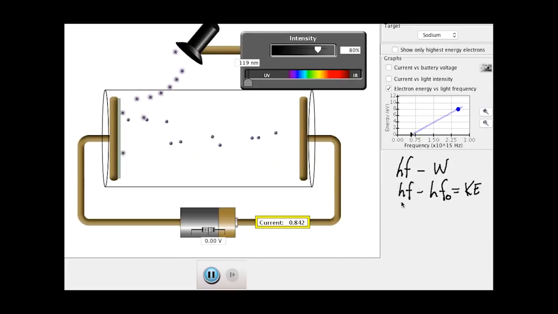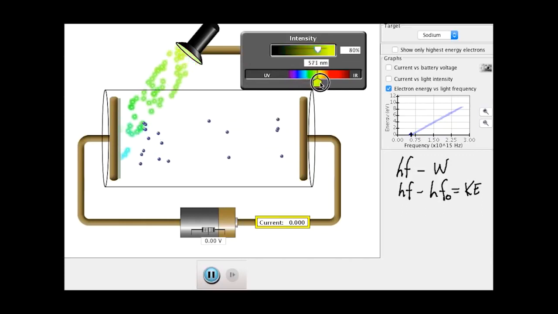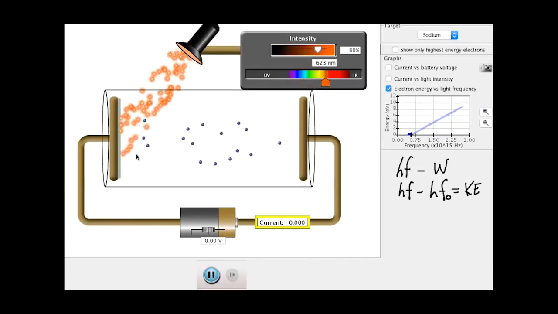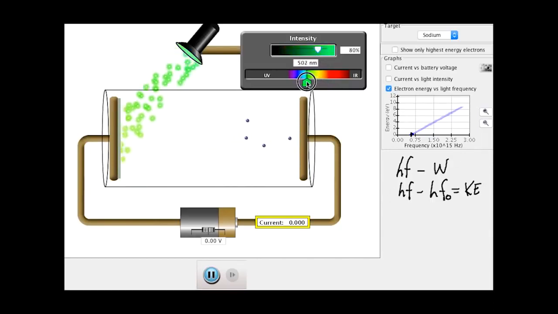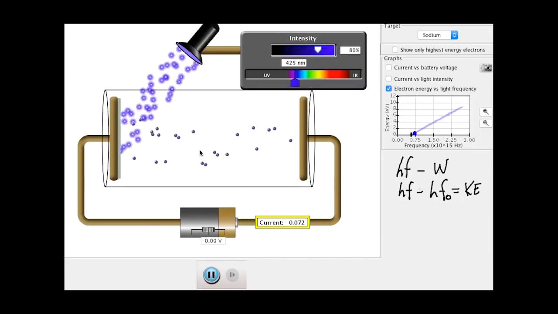So you can see if the photon's value in terms of energy is less than the minimum required to release, then I'm going to have no kinetic energy. In other words, if I move this down like so, there comes a point where that energy is not available, and as a result, I have no electrons being emitted whatsoever. But if I increase the frequency, like so, you can see that now all of a sudden I've overcome the work function and I have some kinetic energy